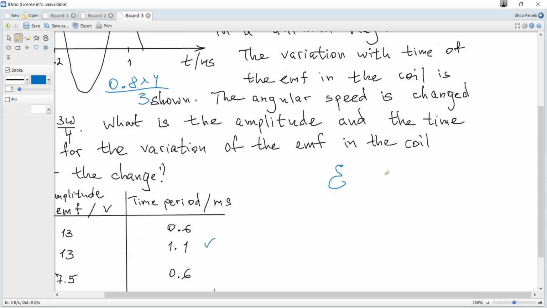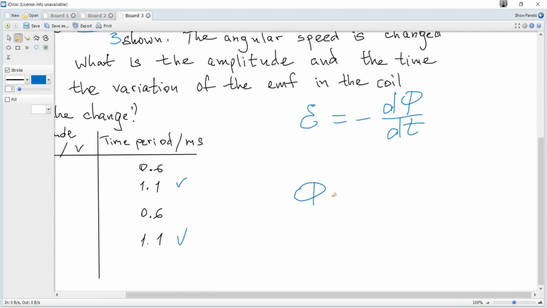We know that the induced EMF is proportional to the rate of change of the magnetic flux linkage, and the rate of change is actually the derivative. And we know that the magnetic flux linkage, in general, is the number of coils, multiplied by the magnetic field strength, multiplied by the area and by cosine of the angle between vector B and the vector which is normal to the plane of the coil. But when it is rotating with